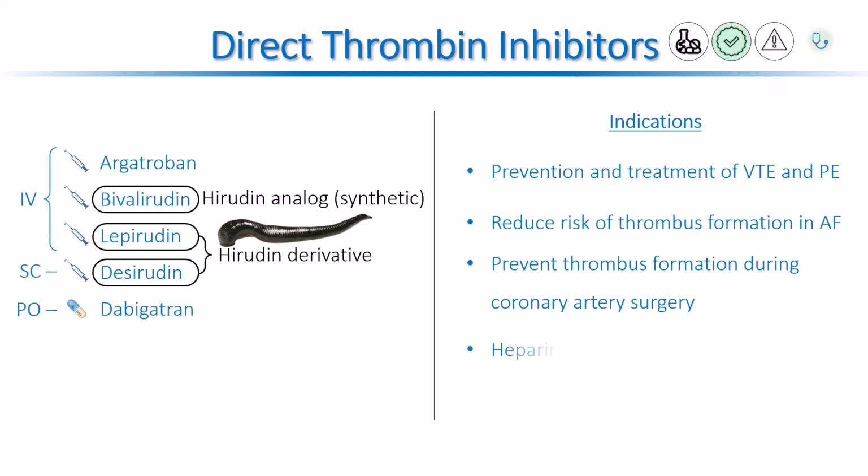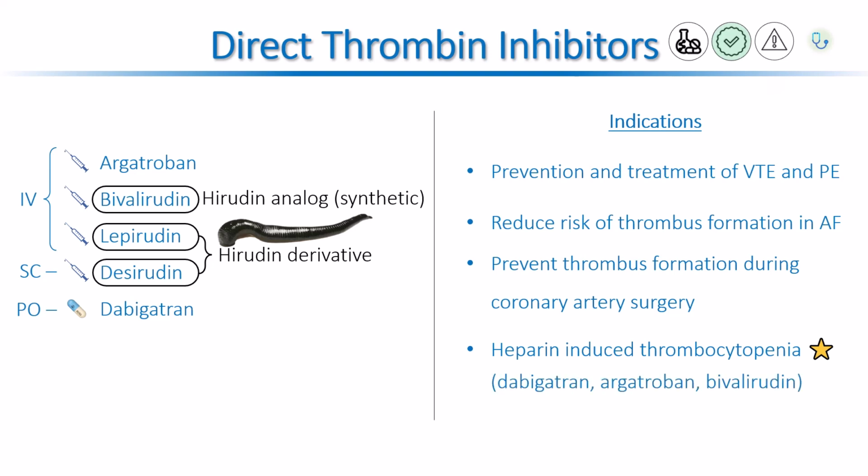It's heparin-induced thrombocytopenia, which means a platelet count drop occurs during or after heparin therapy. This is like an autoimmune reaction, where the antibodies attack platelets in the presence of heparin. It is a serious complication, and if the patient is diagnosed with HIT, we stop heparin and switch to direct thrombin inhibitors, such as dabigatran, argatroban or bivalirudin.